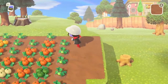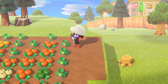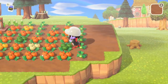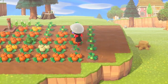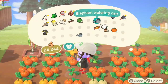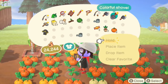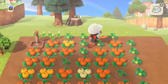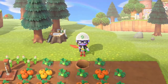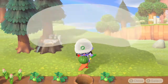Oh, I must have dropped my pumpkins off somewhere else. But what we're going to do is the greens are the rare. So I'm going to pick that, and I'm going to pick that. And then, if I understand it correctly, if you plant the same color, so if I plant this green, then I don't need to worry about getting